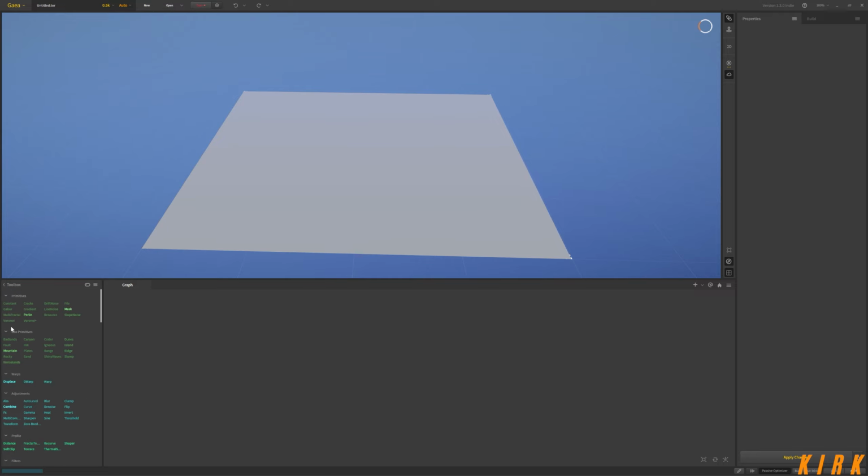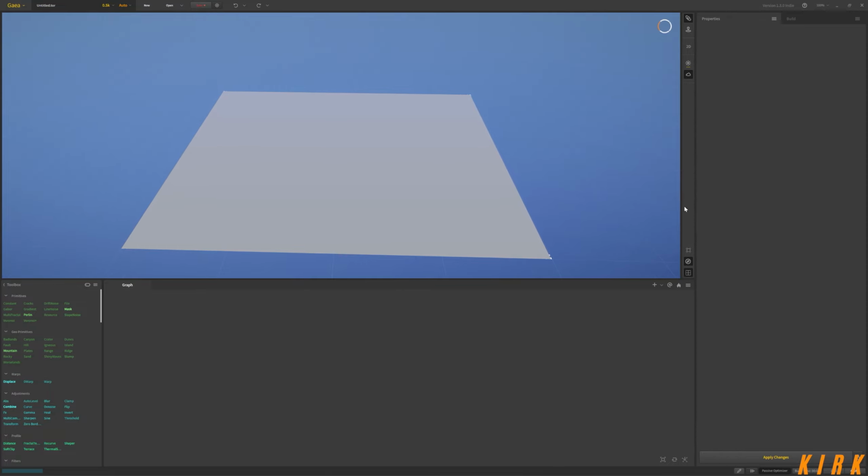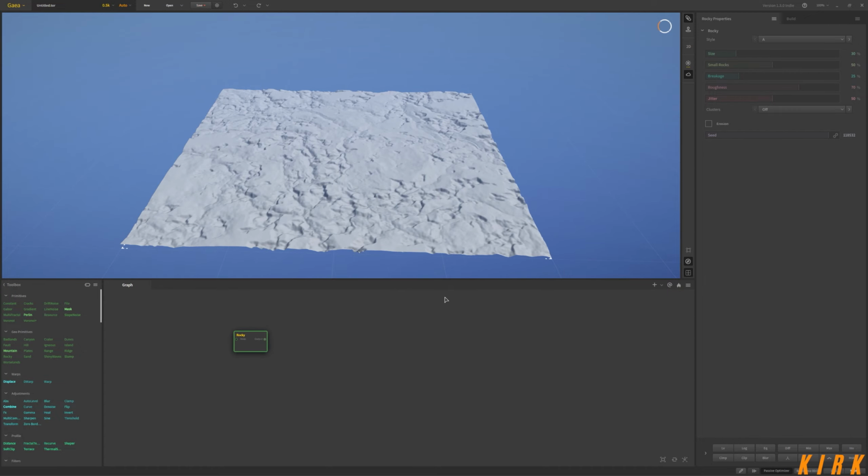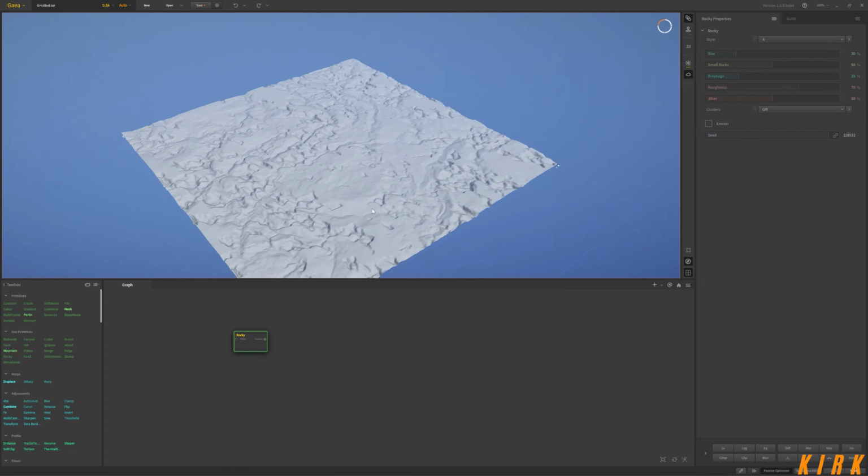So yeah, the toolbox is quite important, the graph is quite important. And on the right hand side here you have a properties tab, and you're not going to see anything here. What I'm going to do, I'm going to start with a geoprimitive. Which one shall I use? I'll grab the rocky one out. If I grab that and put it into the graph, it'll start to build, and then you get a preview